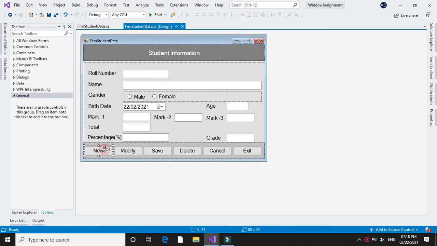Now when we click on the new button, our roll number will be increased automatically. That is, whichever the last roll number, it will increase by 1 and display in the roll number text box. For this, when we click on new button, it will set the focus to the roll number. It will get the roll number entered in the last record of the database and add 1 to the value, and it will display the new roll number. For this, we will write this code.